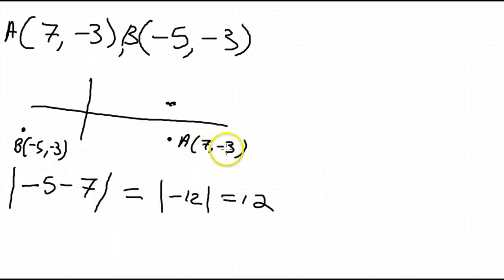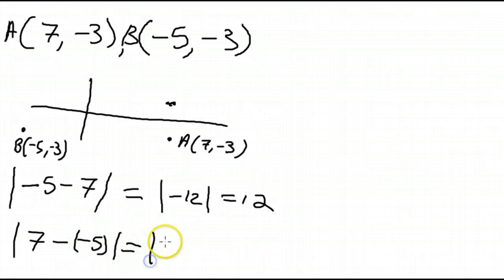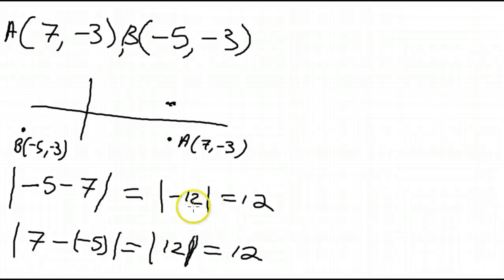If we had done this the other way, we would again just have taken the difference between. So again, I'm going to say absolute value of 7 minus -5, which is the absolute value of +12, or 12. Using the absolute value signs, or symbol, assures us that no matter what order we do the subtraction in, 7